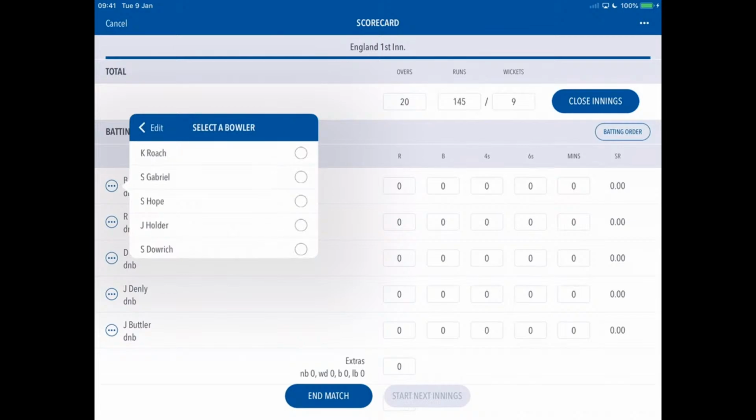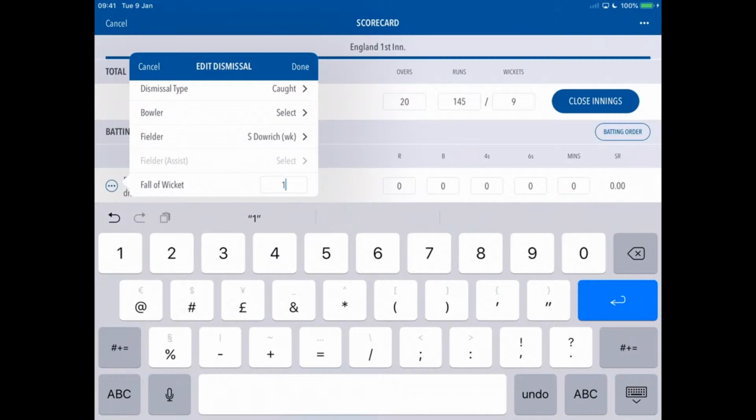Actually, if I go back into there and in the dismissal type and choose caught, you will see that it will open up the fielder buttons further down. So I can then select a fielder from the list. So let's have caught behind. So I've selected the wicket keeper. And the very bottom line of there is the fall of wicket. So if I say that there was 1 run on the board when this wicket fell,